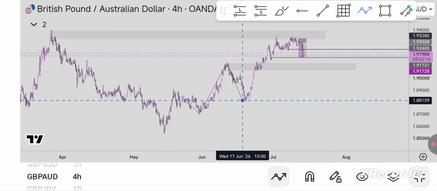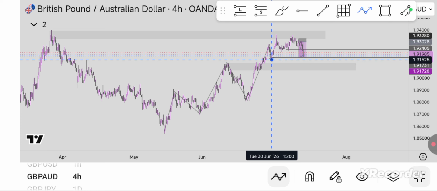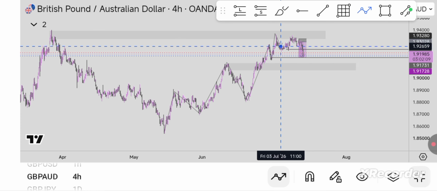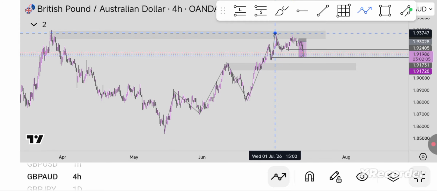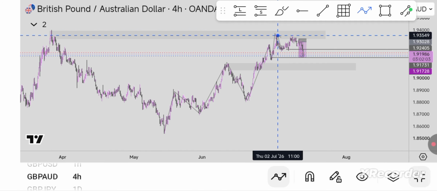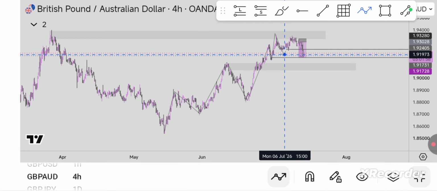High, low. Sure you are seeing it. High, low, high, low. This is the last low, and the market failed to break the last high. You know, on the 4-hour bullish trend, the market failed